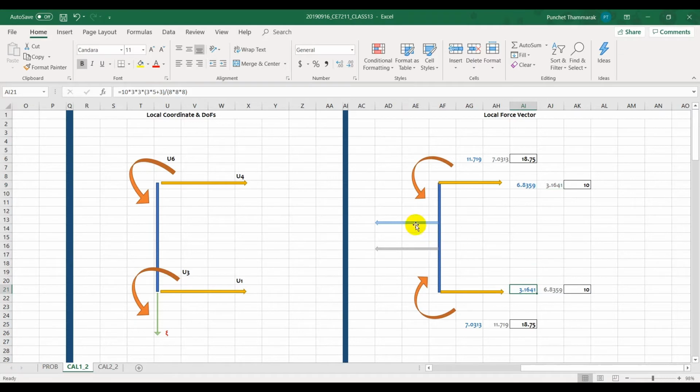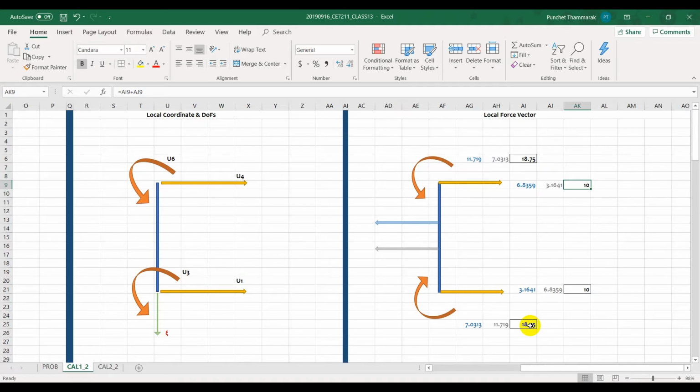Likewise for here, blue is from here and gray is the contribution from this one here. Blue is from here, gray is from here. So I computed and added up the effects from the blue and the gray, and we have the fixed end reaction pointing towards the right hand side. Both of them have the magnitude of 10, whereas the moments that are resisting these two forces to keep this in equilibrium are